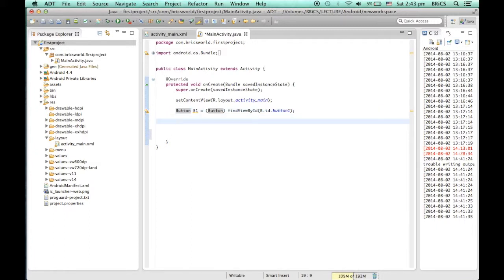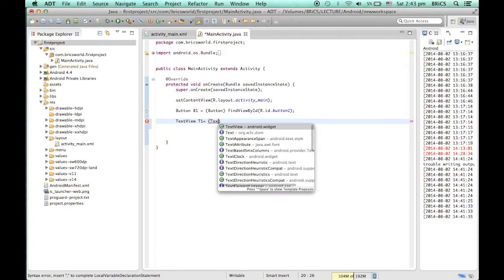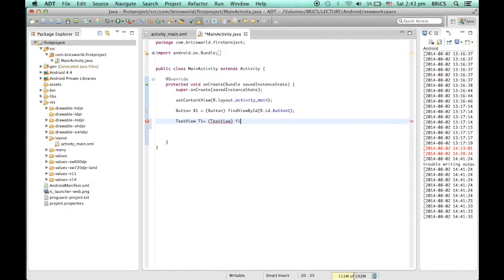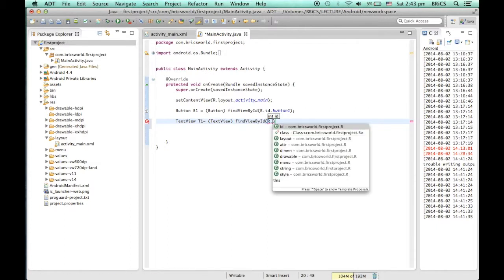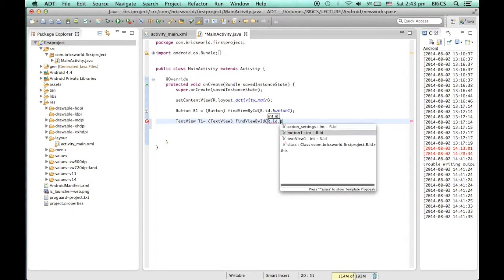Similarly, we will create an object for the second object. Here we will type TextView, give it a name t1 equals, type the TextView casting, and findViewById, and here R.id.textView1.